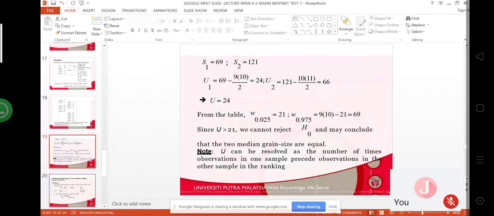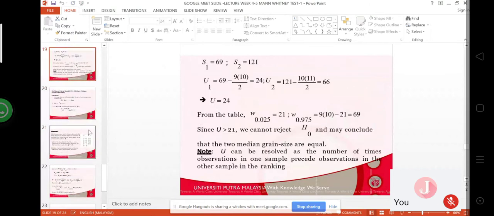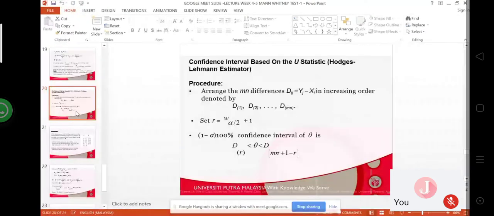Alright, so you just try to do that. I mean, try to understand. This is already given, very clear. Now, next, this is slide number 20. If you look at slide number 20,